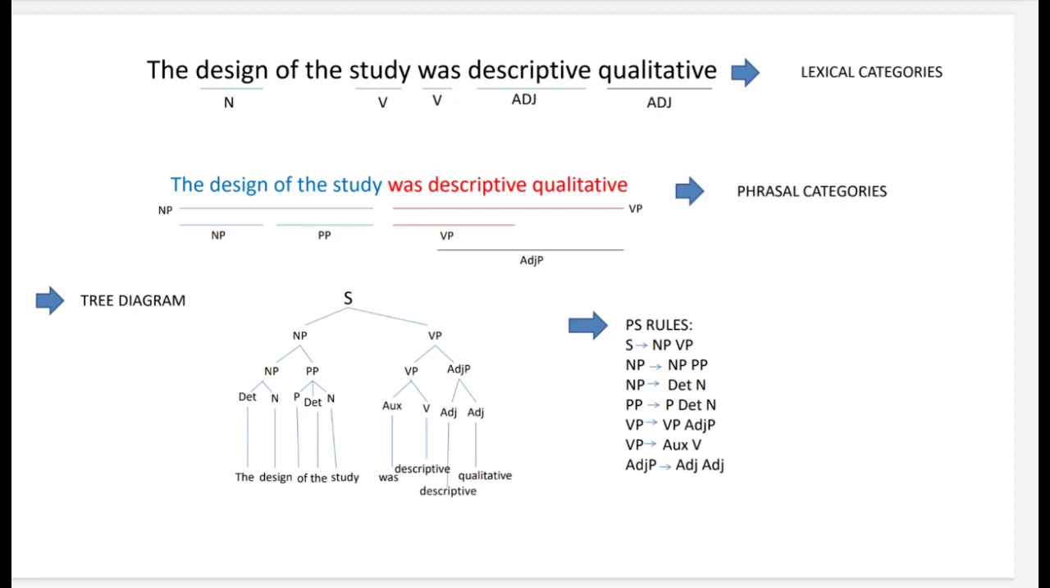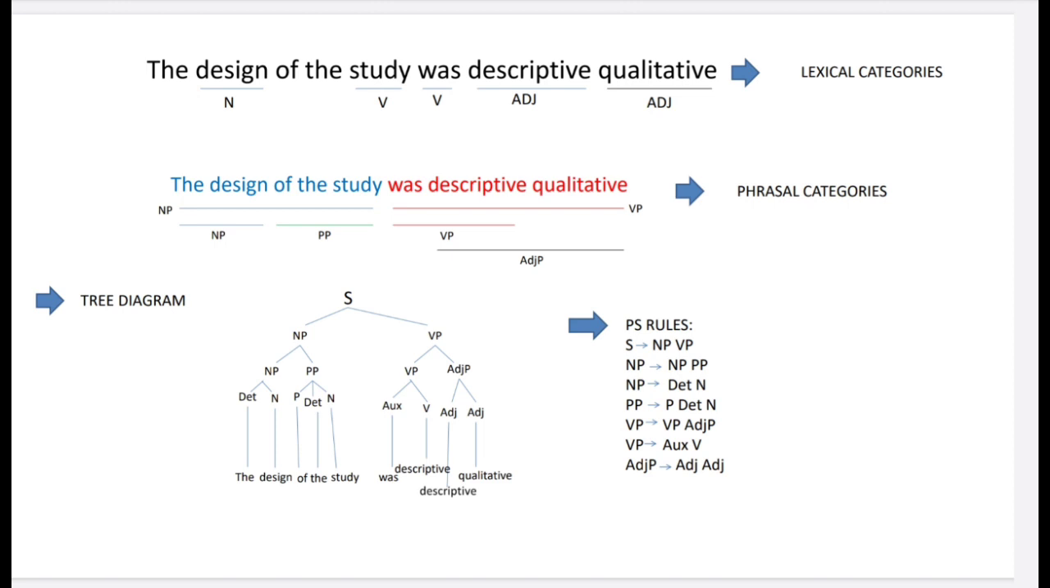When we want to determine the phrasal categories of the sentence, we have to remember that one sentence consists of a noun phrase and a verb phrase. And then we determine first the noun phrase. The noun phrase here is the design of the study, and then the verb phrase here is was descriptive qualitative. So the noun phrase here